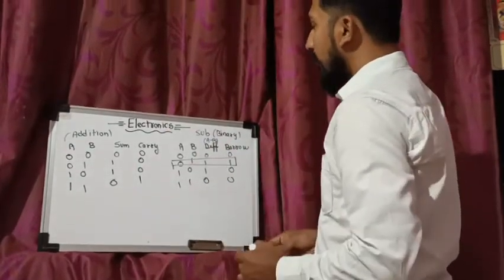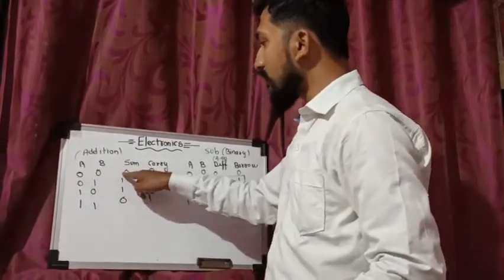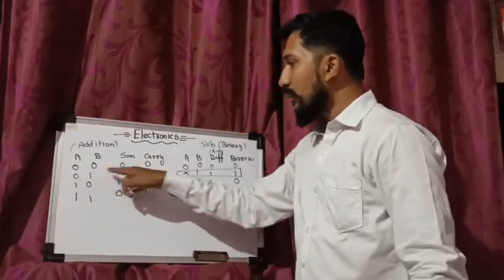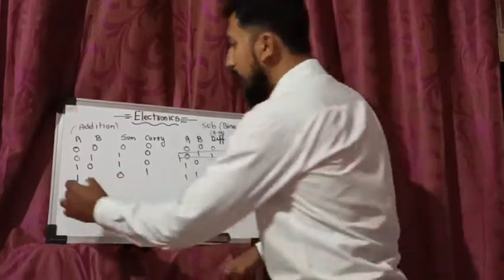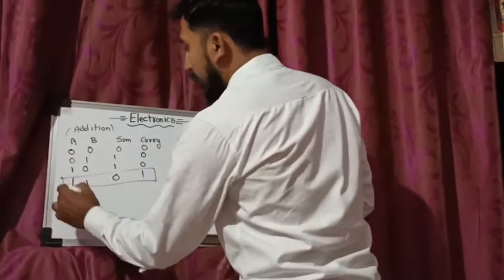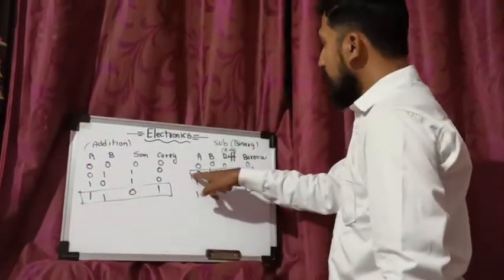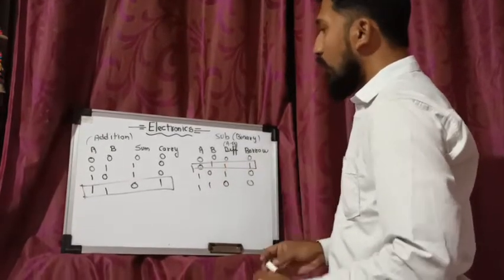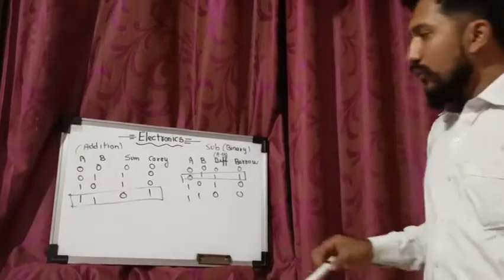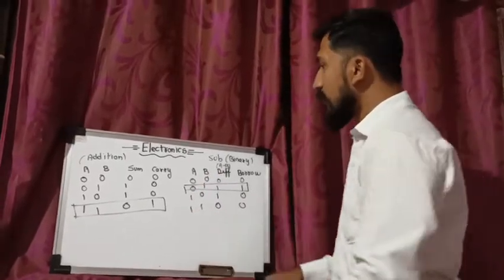So these are the rules for binary addition and subtraction. 0 plus 0 is sum 0 and carry 0. 0 plus 1, sum 1, carry 0. 1 plus 0, sum 1, carry 0, and 1 plus 1, sum 0 and carry 1. So in case of addition you have to remember one important rule, that is 1 plus 1 is sum 0 and carry 1. And in subtraction we have to remember the rule 0 minus 1, that is difference 1 and borrow 1. So where are these rules useful for us? Whenever we do binary addition and subtraction, we have to use these rules.